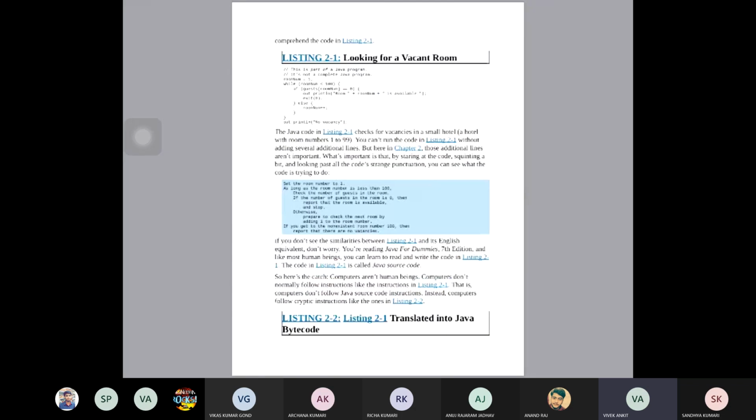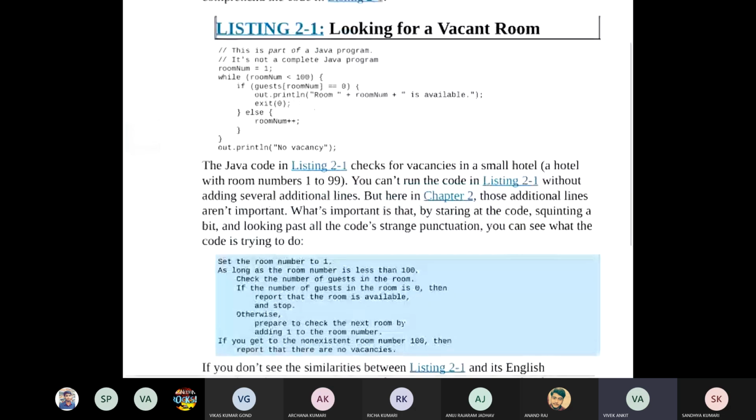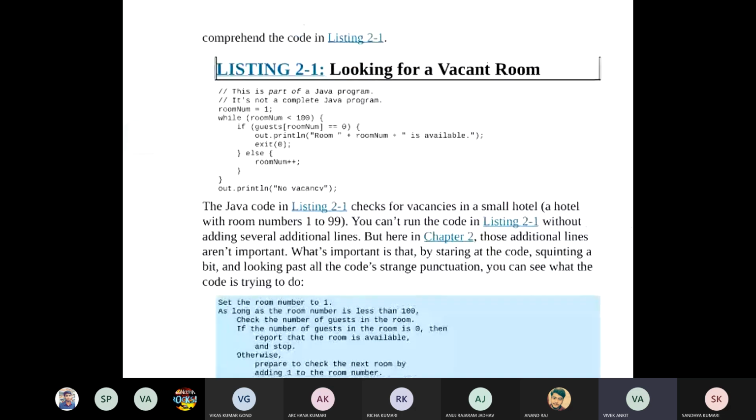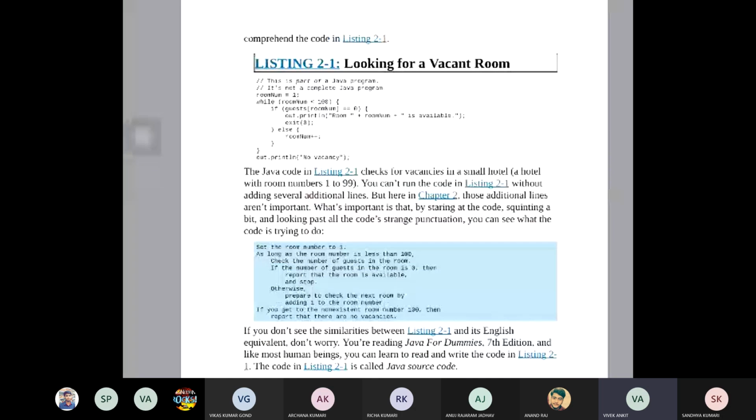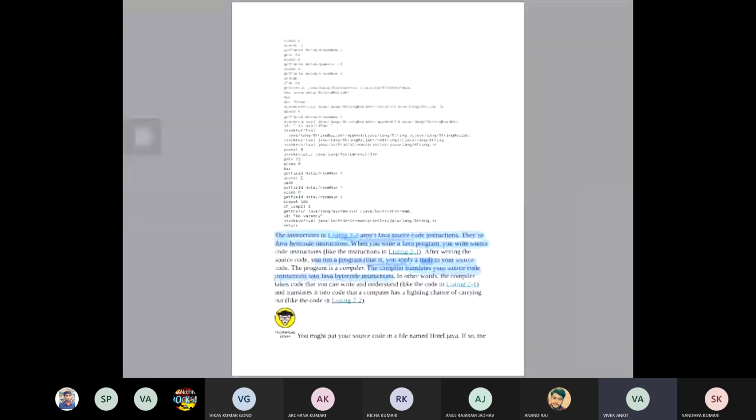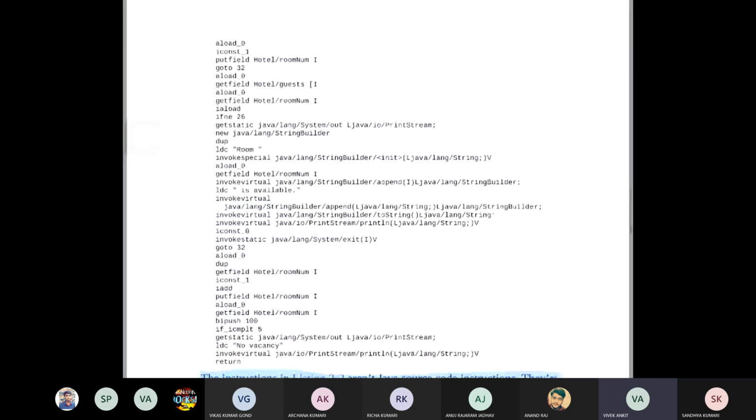So for example, see this one, the listing 2.1. This part has a piece of code written in Java, okay, and this is the instruction in English, okay. We perform this in Java with a particular syntax, okay. But what happens after you compile the Java code, it looks like this. This is a byte file.